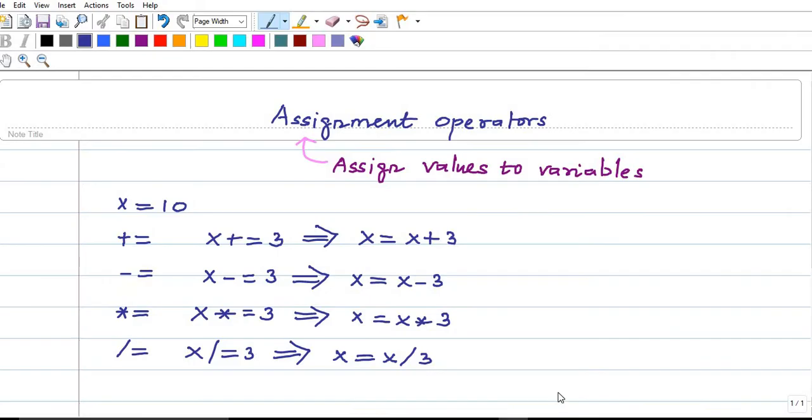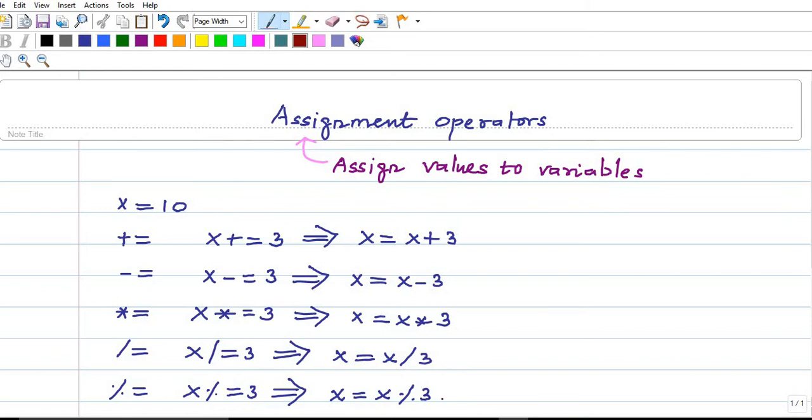In the same way, modulus operation. Modulus, percentage is equal to, so x percentage is equal to 3, which is nothing but x is equal to x percentage 3. So presently x value is 10.